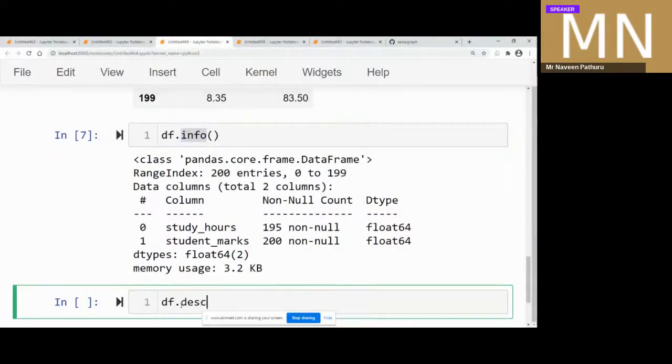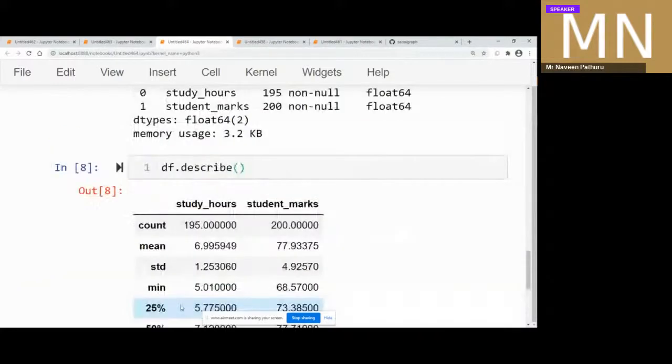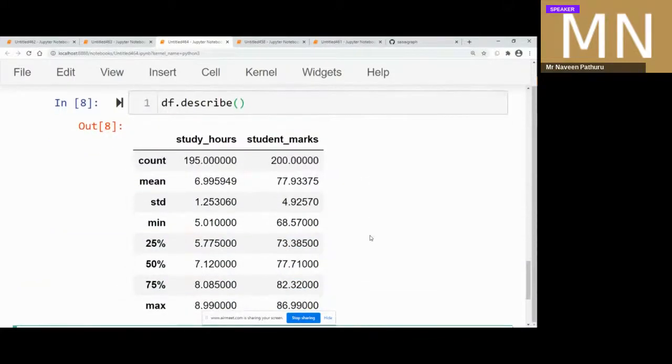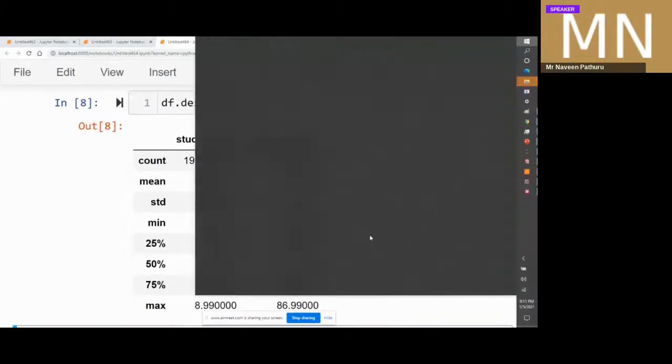So now what we'll do, we'll go ahead and go to the next step, which is to look at the basic statistics or descriptive statistics by using describe. Take a look at this. Here is describe, and what is describe telling us is,